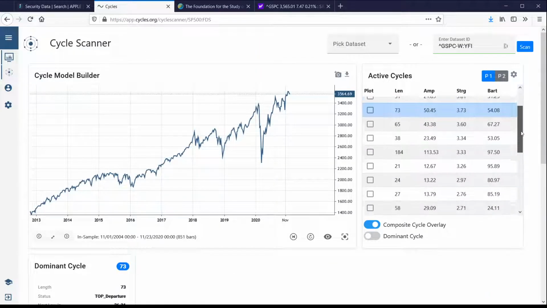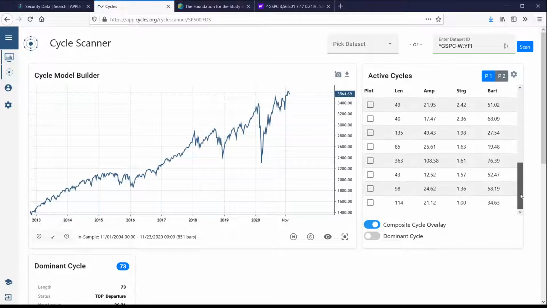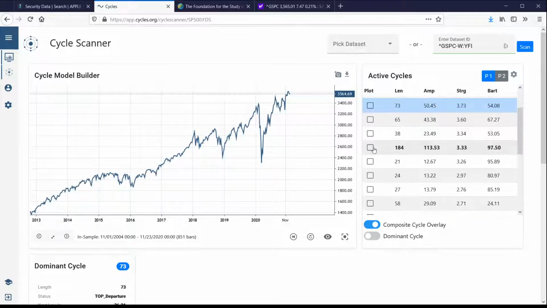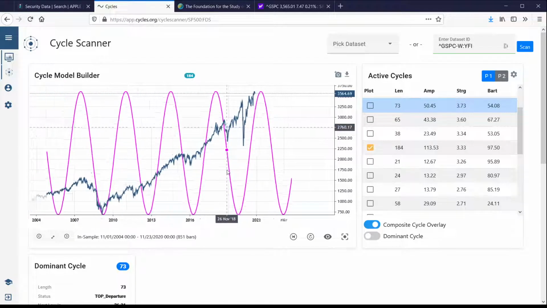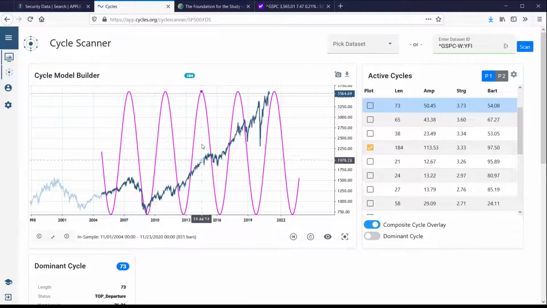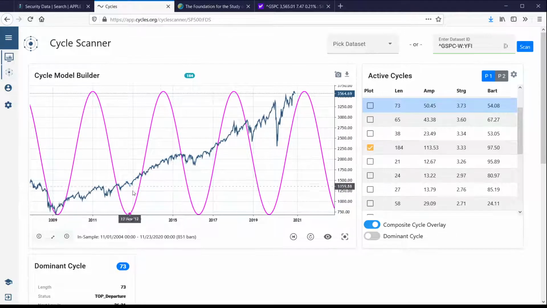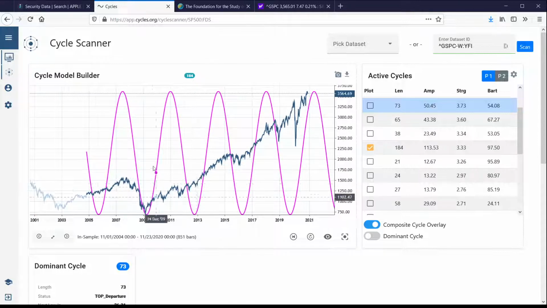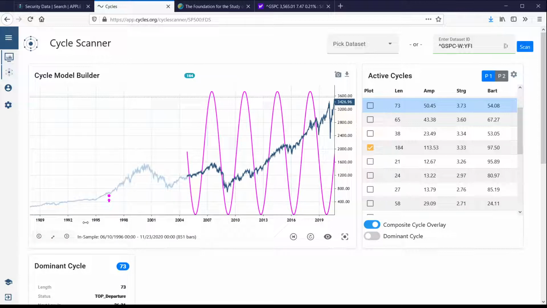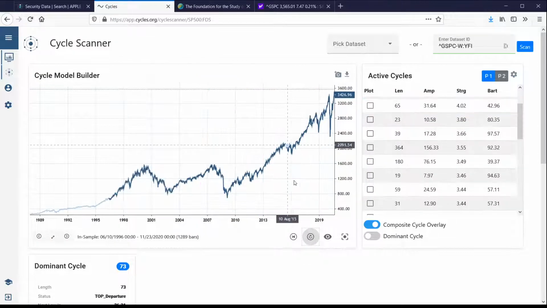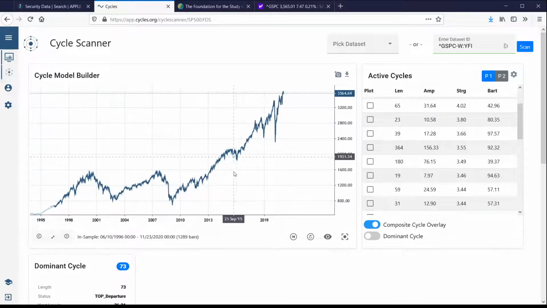So if you activate this cycle, 180, this one here, this is now the weekly cycle on the S&P 500, at least using this data set here. I mean, it's very hard to discuss some cycles here in this longer uptrend. I would be careful, or you need to use more data, maybe even going back to somewhere here and update the analysis. So this is now the data we have.